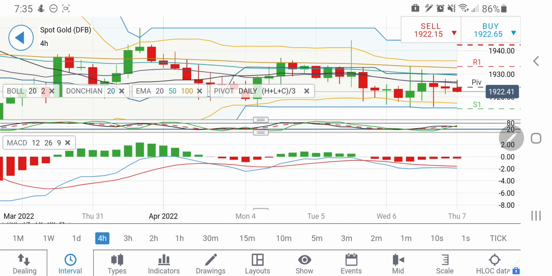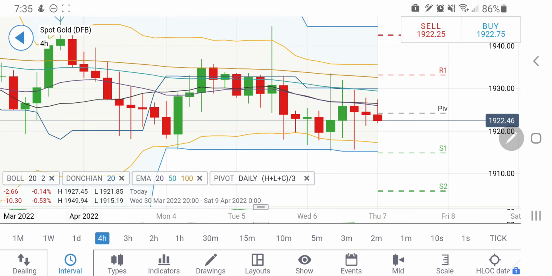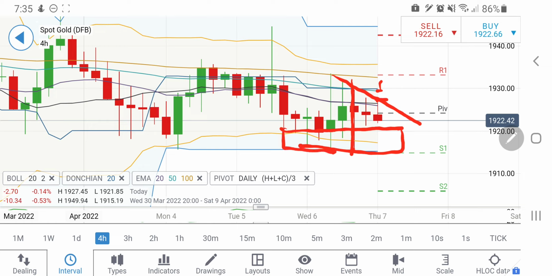Now let's have a look at the 4-hour charts. On the 4-hour chart, see how beautifully it is giving lower highs. So now this level at 1928 becomes important. Only if it breaks 1928, you can expect that it is going to rise beyond. However, till the time it remains below 1928, and if it breaks this zone at 1920, possibly you can go short and you can expect it may try to come back towards the 1917-1915 zone. So you can take a short entry at 1920.